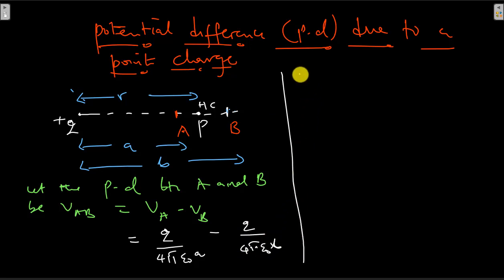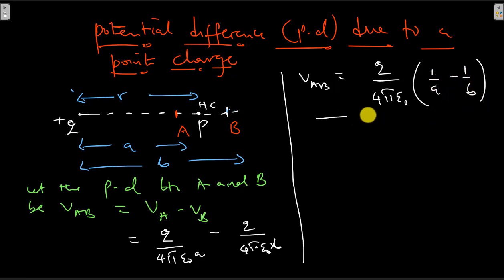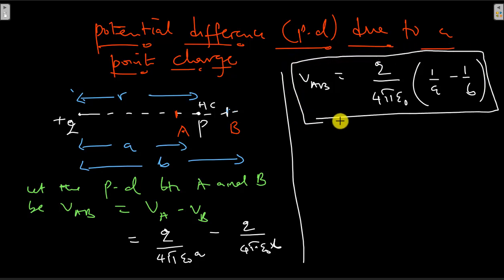So the potential difference between A and B is actually Q over 4 pi epsilon naught. I pull out the common factor, then I have 1 over A minus 1 over B. That will give me the electric potential between the points A and B. Now, if you're preparing for an exam, they might want you to derive this in a slightly different